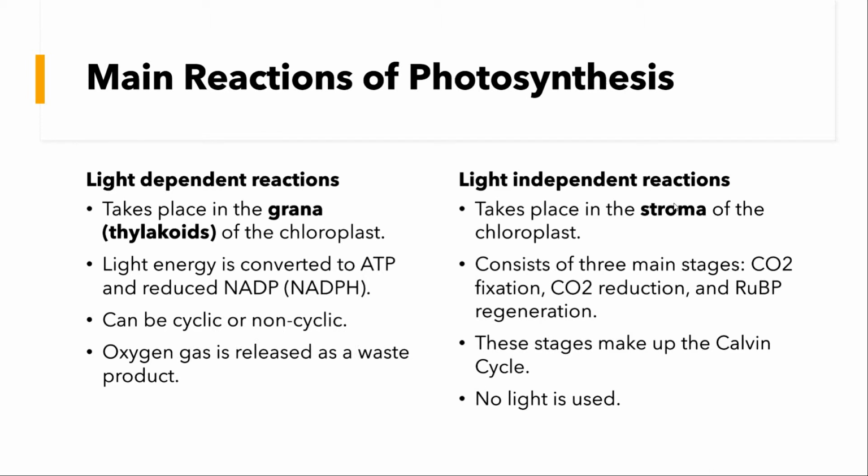For light-independent reaction, it consists of 3 main stages as we discussed before: carbon dioxide fixation, carbon dioxide reduction, and RUBP regeneration. These steps make up the Calvin cycle, and no light energy is used because although light-independent reactions need the NADPH and the ATP, they all come from the